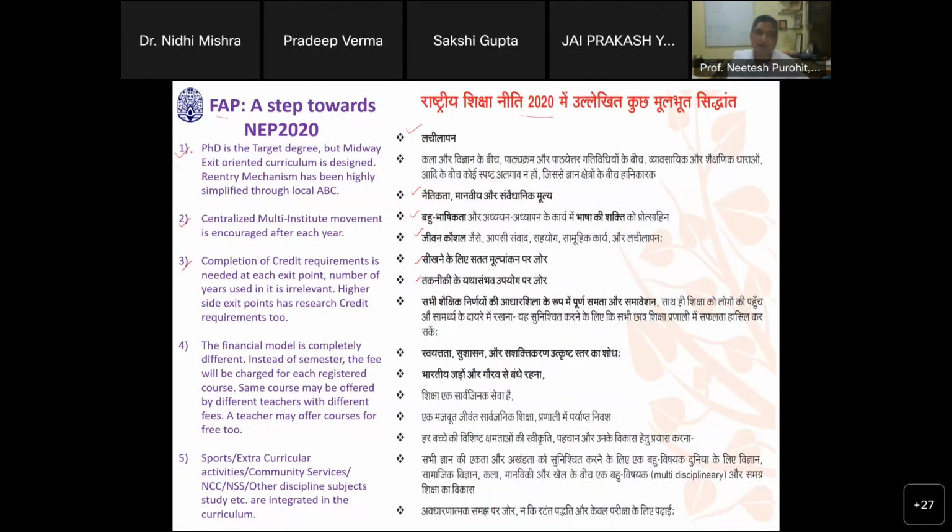So we are saying PhD is the target degree. Now the target has been changed through the JoSAA. Students are getting admission in the BTech program, yes, but the early exit option is also there, and the PhD option is also there. But actually, everyone is getting admission in the PhD. Everyone is expected to study up to PhD. That is a very, very important aspect of learning now.